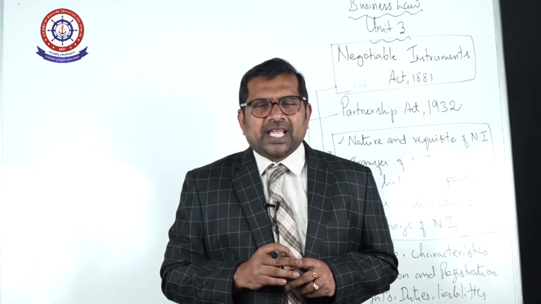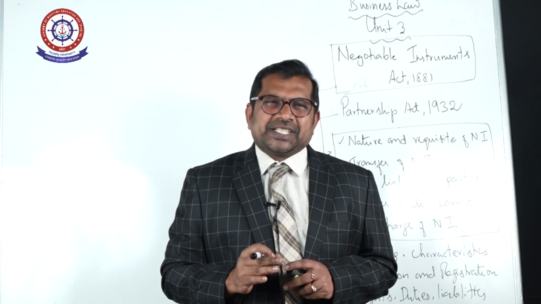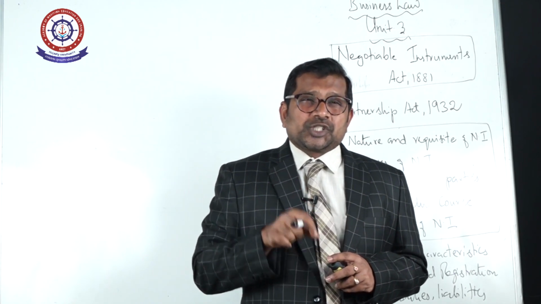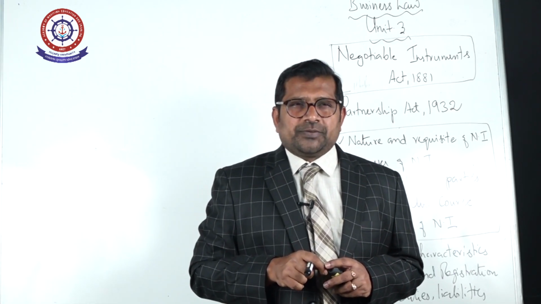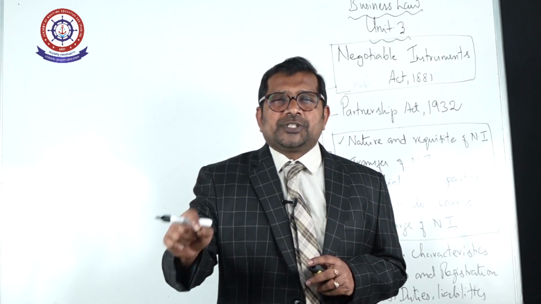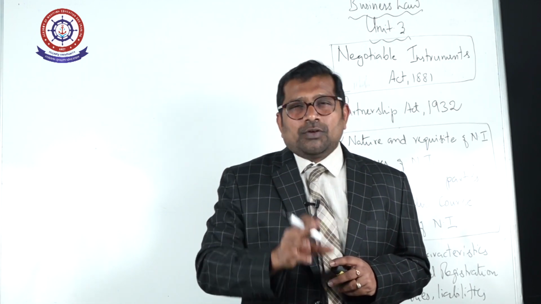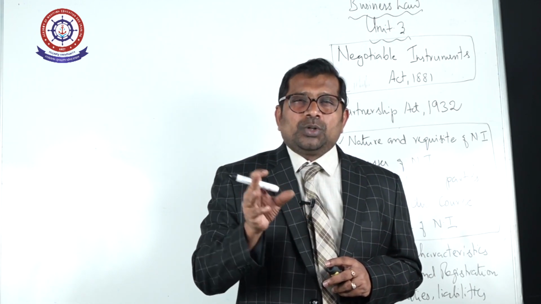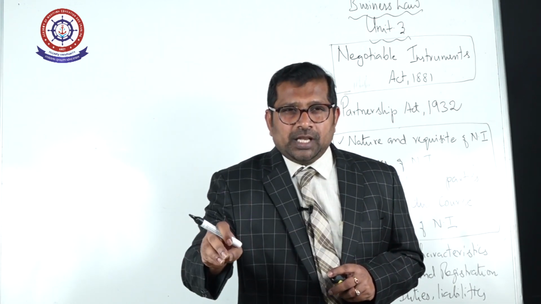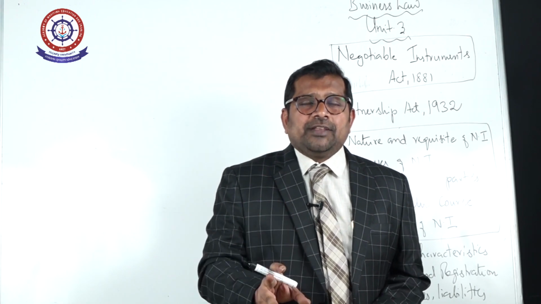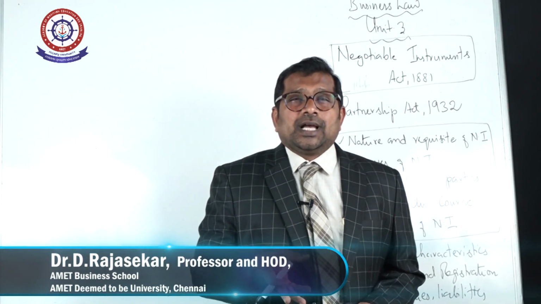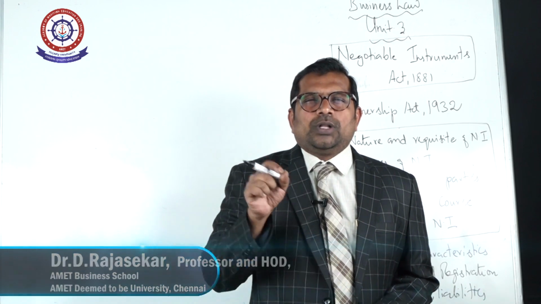Say for example, A is a payee for a valuable consideration of a bill of exchange payable to order. He gets this instrument from B. A gets the instrument from B without knowledge of any defects in B's title and its maturity. So A is a payee for a valuable consideration of a bill payable to order. He gets this instrument from whom? He gets this instrument from B, but without knowledge of any defect in what? B's title and its maturity. Now here who is called holder in due course? A is called holder in due course.